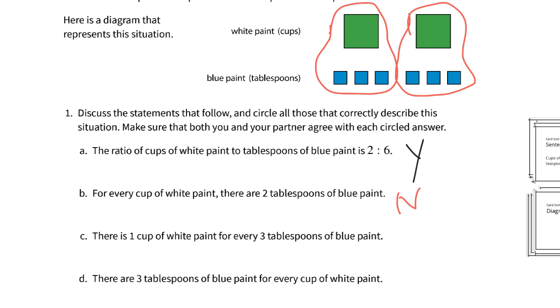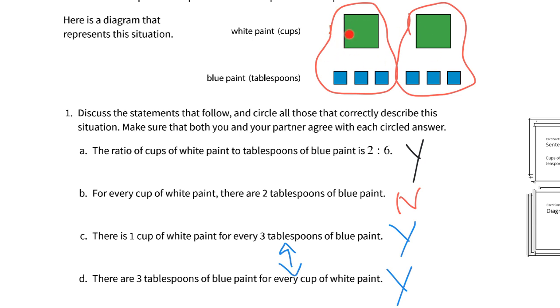And then it says there is 1 cup of white paint for every 3 tablespoons of blue paint. And that's exactly what we discovered up there. So we're going to say yes to that. And then D, there are 3 tablespoons of blue paint for every cup of white paint. Well, that's the same as this statement here. It's just the opposite. So we are going to agree, because parents and teachers, we want students to be flexible